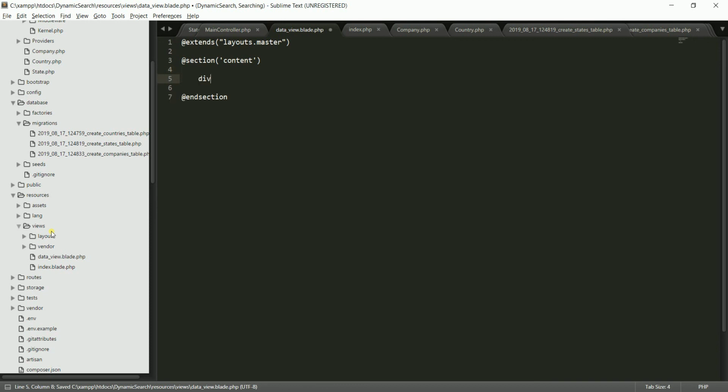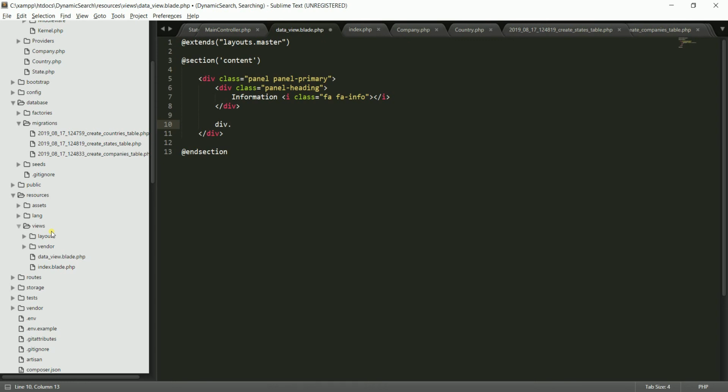Okay, now let me create a panel, panel primary, and also panel heading. Let me add an icon of info. Okay, and after that, this is just for design purposes, if we don't write it, no matter. So panel body,